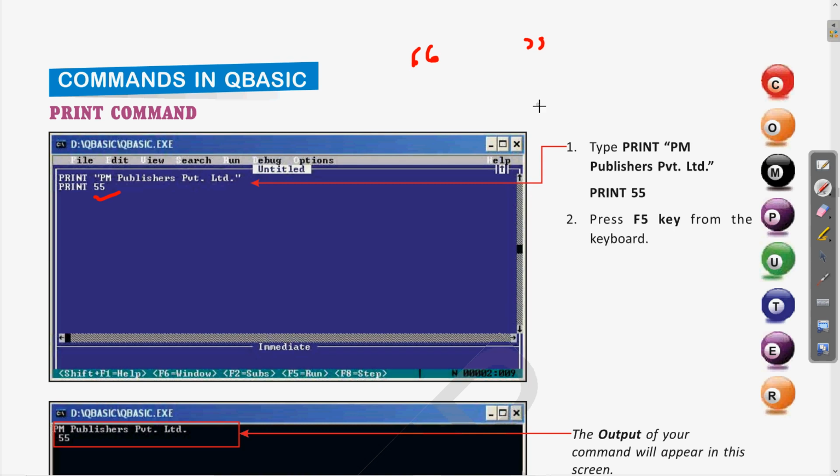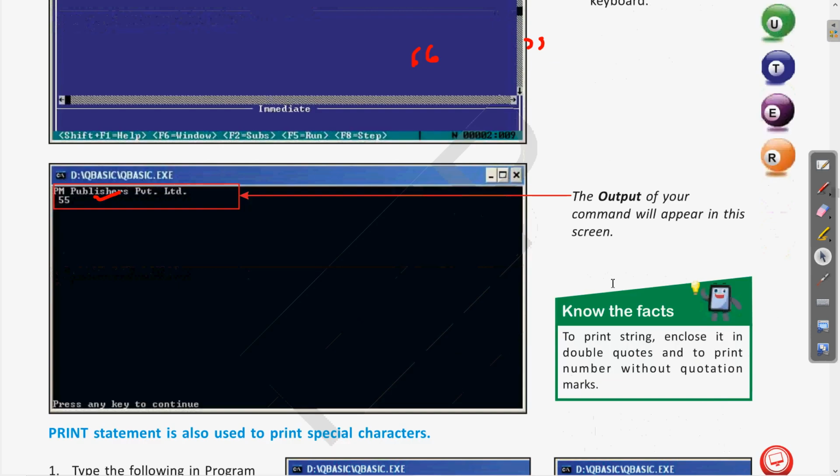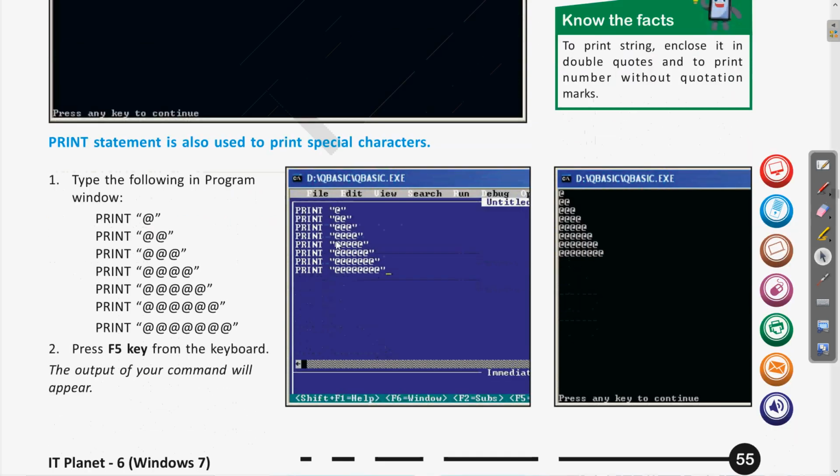So this is the difference between a string and a number. Then we have seen the output of this first program. Then we tried to make a pyramid of some special characters, clear. For example, if we want to print any character multiple times, here you can see we have used the print command for writing these characters.